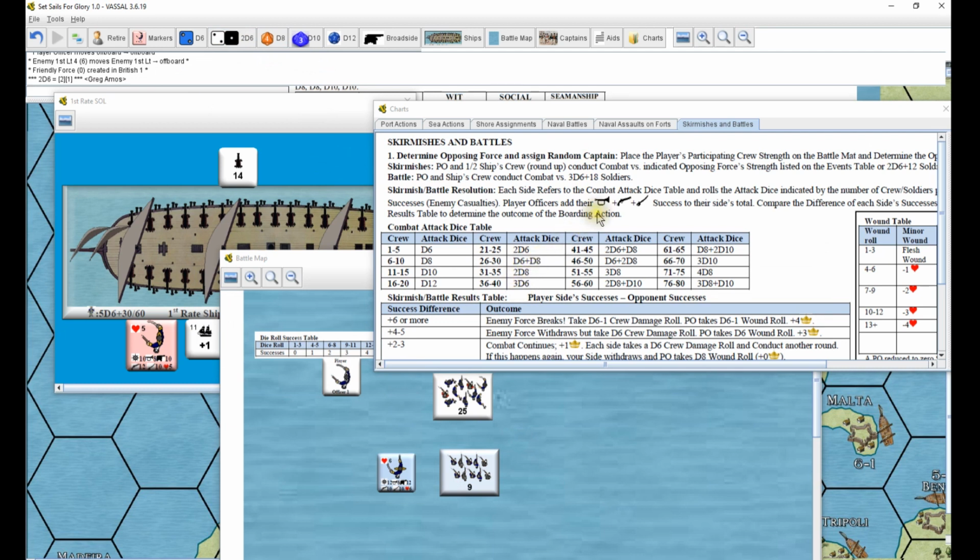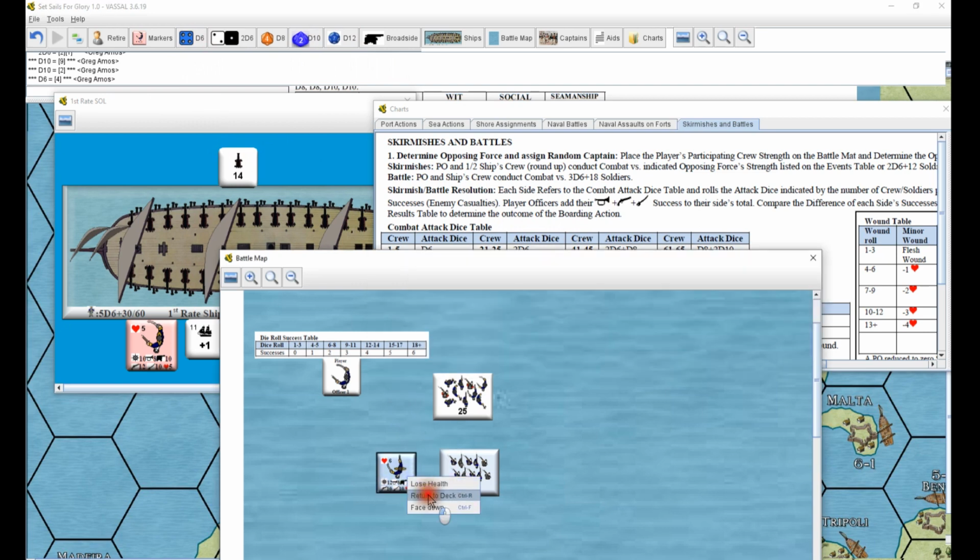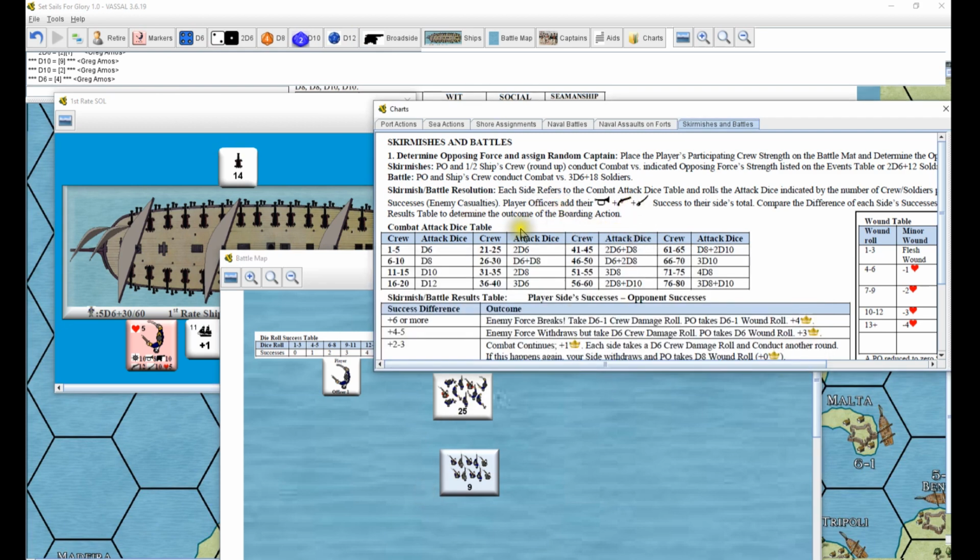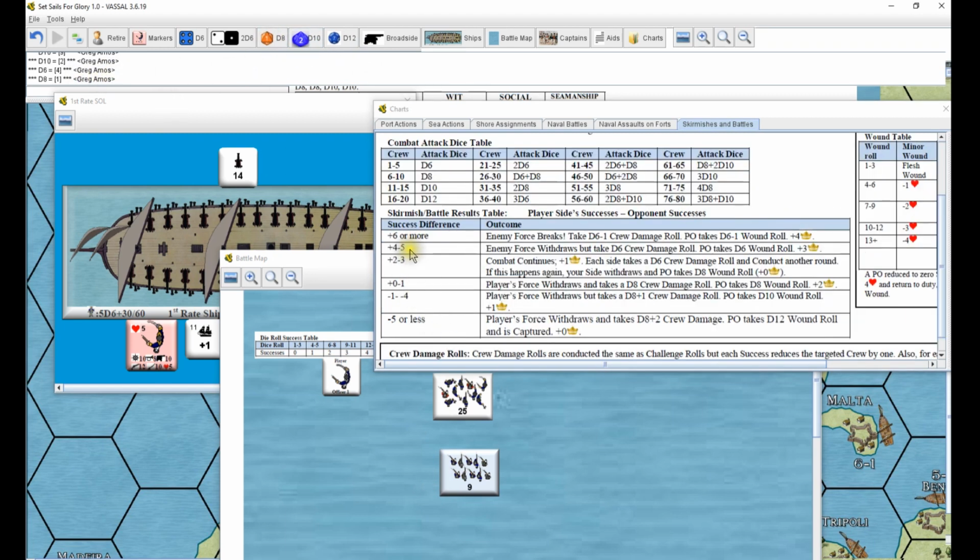We get 3, which is 0 successes. Nice. Our leadership is a d10. We get a 9, so that's looking a little bit better. We got 3 successes on that. Our shooting is a d10. We get 2, nothing on that, and our fighting is a d6. We get a 4, so we got 4 successes against their 9. Yeah, he doesn't even need to be on there. Not the way I'm reading that. I could be wrong. D8 for them. So we got 4 against a 0. So we win